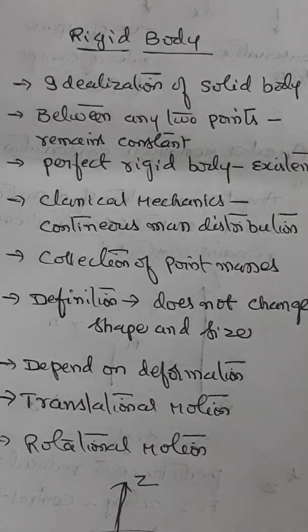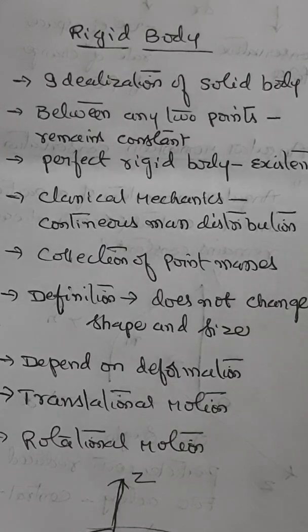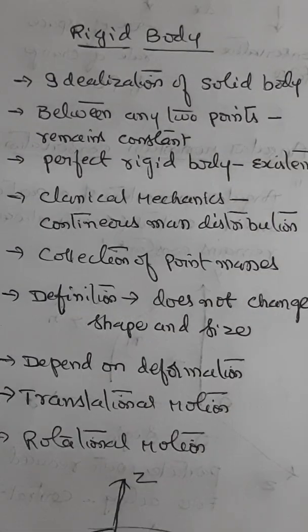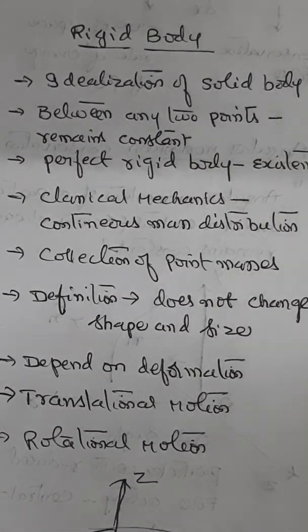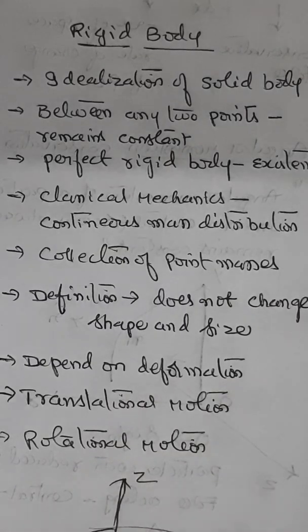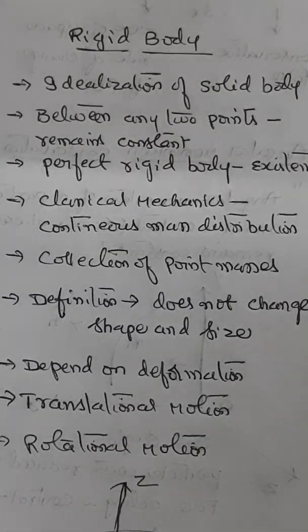Even though such an object cannot physically exist due to relativity, objects can normally be assumed to be perfectly rigid if they are not moving near the speed of light. That means when a body is rotating at the speed of light, then only you can say it is a rigid body. But on ground, it's very difficult to achieve that. Therefore, having a perfect rigid body is highly impracticable. But still, for theoretical purposes, we assume that it is a rigid body.